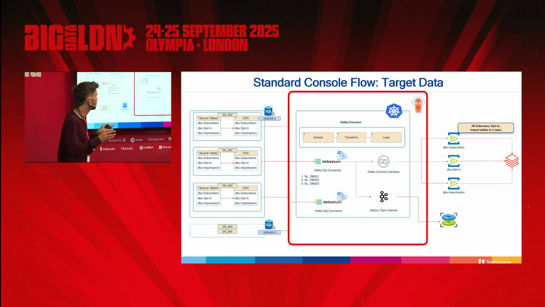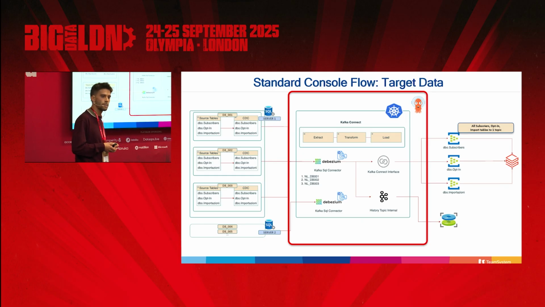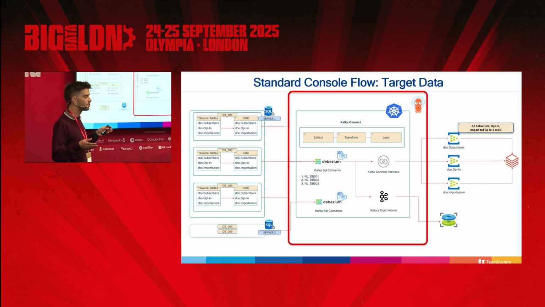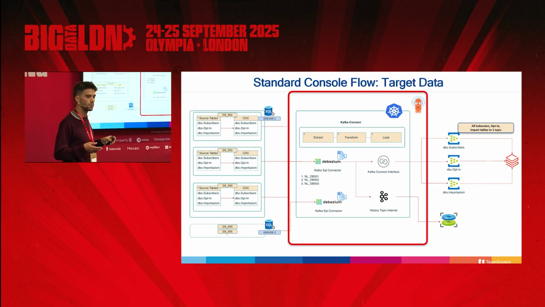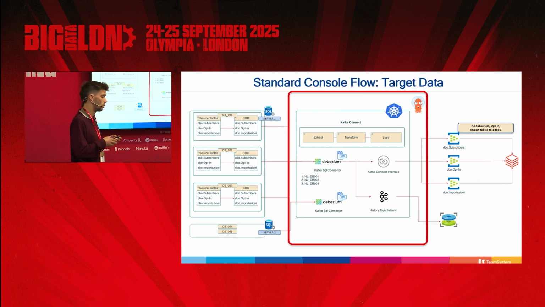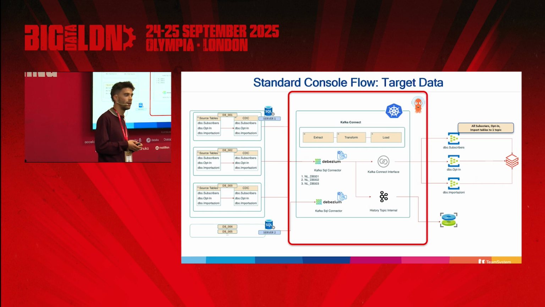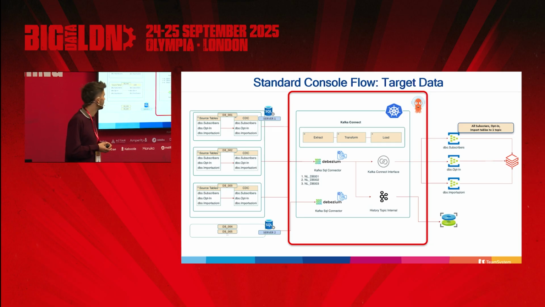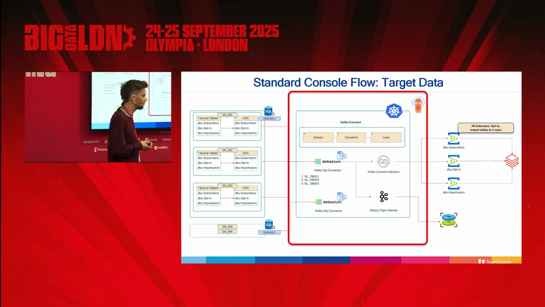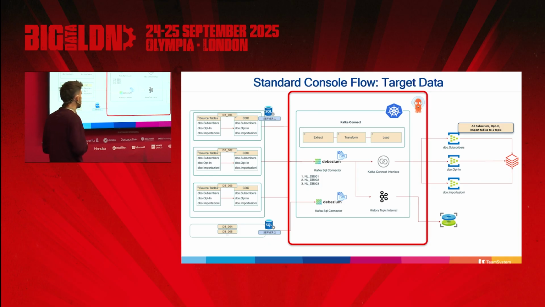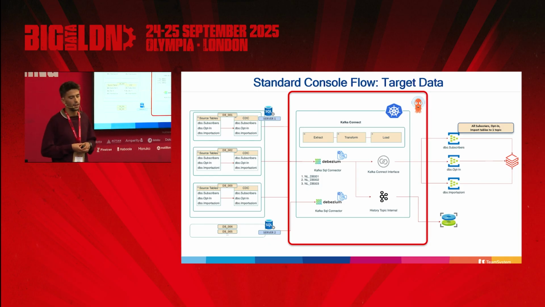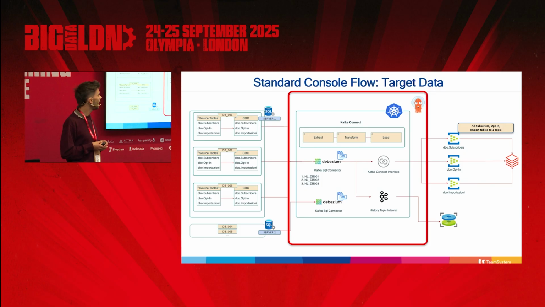Debezium configuration. We have one Kubernetes cluster, and we set up one Debezium instance for each server, because remember that you need one Debezium instance for each server, and so you also have one configuration file for each Debezium instance, and we stored all these configuration files inside one GitLab repository, which is linked to an Argo CD